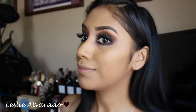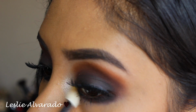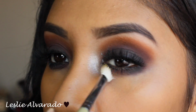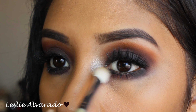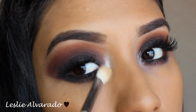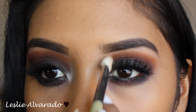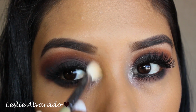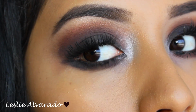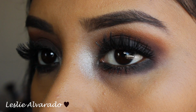Once my foundation is completely blended, I am going to go back with the color Legend. And this is such a beautiful highlight. I am using this on the corners of my eyes. It's so beautiful and so pigmented. You need very little if you want just a hint of a highlight, but I absolutely love this color. If you guys are looking for a highlight, this is definitely such a beautiful color,